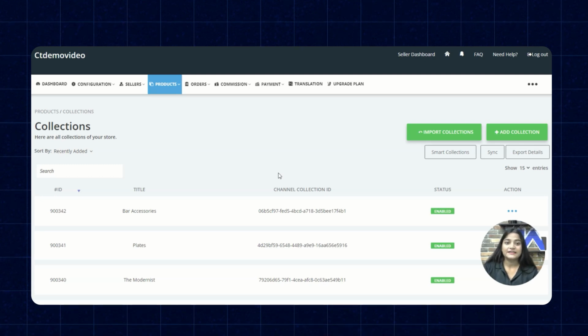You can also import orders from your CT panel to your MVM panel. We'll show you that in our next video, because for that we need our seller. So we'll register our seller in our next video and we'll show you how you can import the data of your orders from your CT panel to your MVM panel. Great job! Your data is now imported into MVM, making it easier to manage and operate your platform. In the following video, we'll guide you through the process of registering our seller.